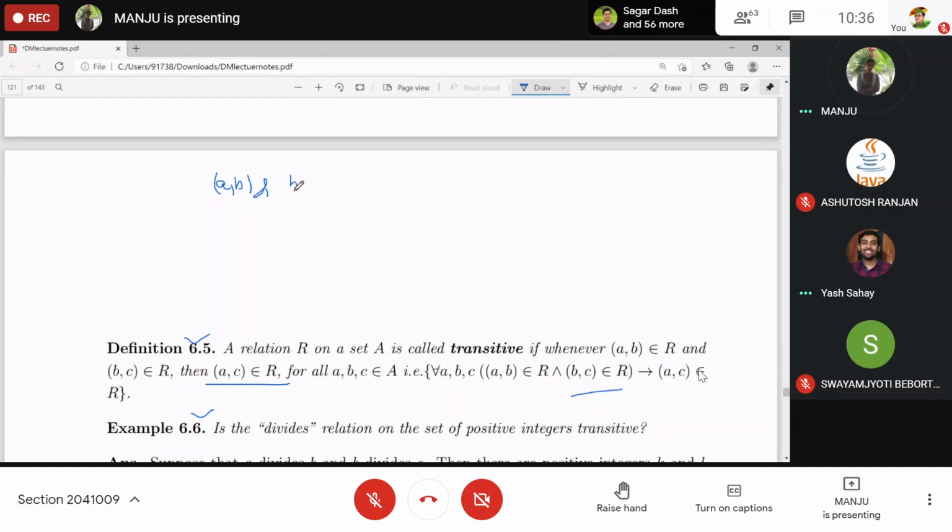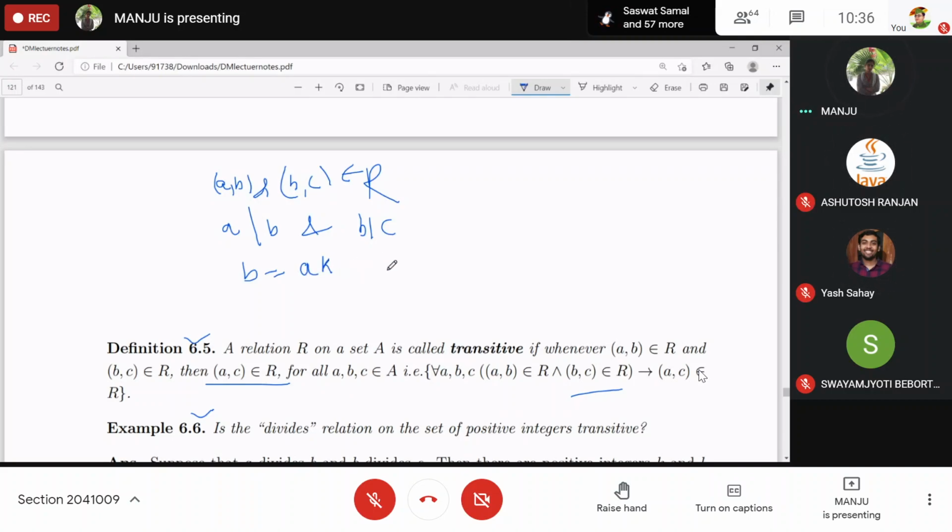And (B, C) belongs to R. Okay. (A, B) belongs to R means to say A divides B, and (B, C) belongs to R means B divides C. Right? A divides B. What is the definition of this one? B will be equal to A into some